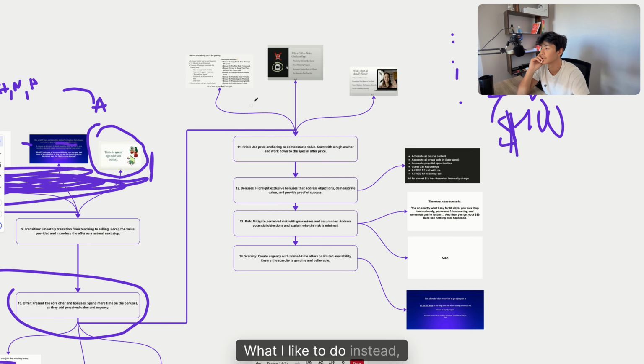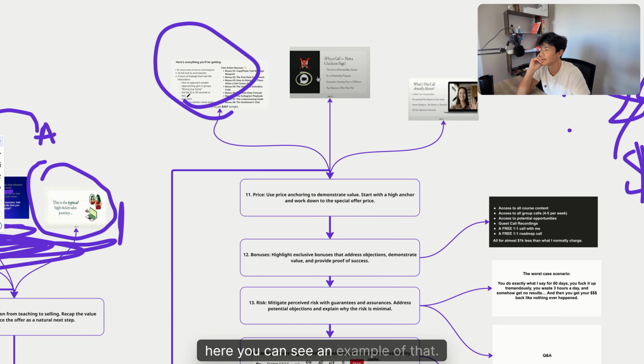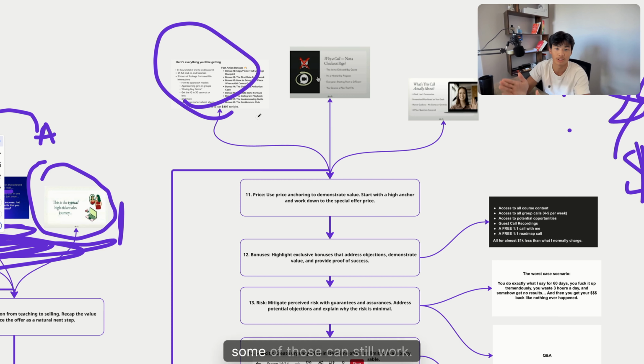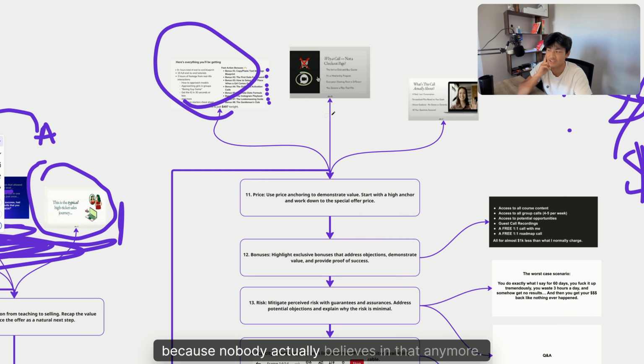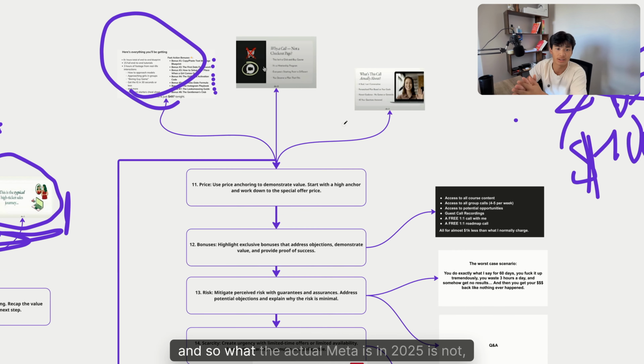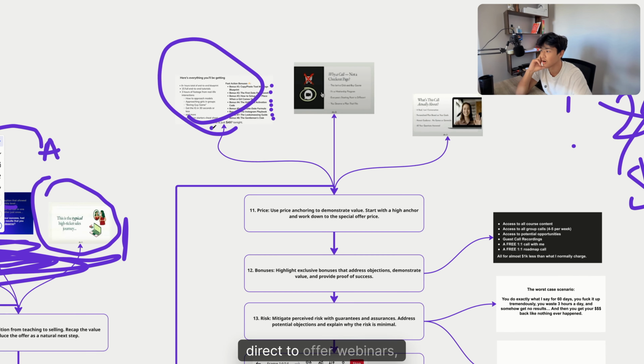What I like to do instead, here you can see an example of that. I mean, obviously some of those can still work. I'm not saying it's completely cooked. But even this one, you don't have all the prices of how much it would cost usually, because nobody actually believes in that anymore. And so what the actual meta is in 2025 is not direct to offer webinars, but